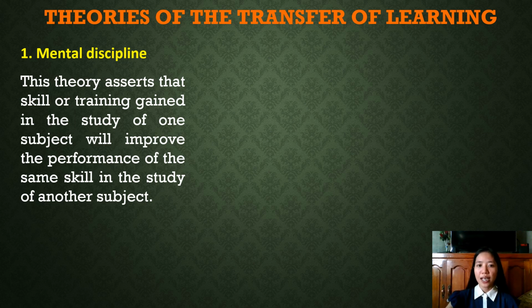For instance, the training gained in memorizing poetry will facilitate the memorizing of other learning materials such as names, dates, events, and other information in history. The skill of memorization applied to poetry has an implication towards another subject which is history, which uses the same skill in its learning process. Thus, the value of a subject does not only lie in the usefulness of the content but also in the value of the training and skill acquired used in the study of other subjects.